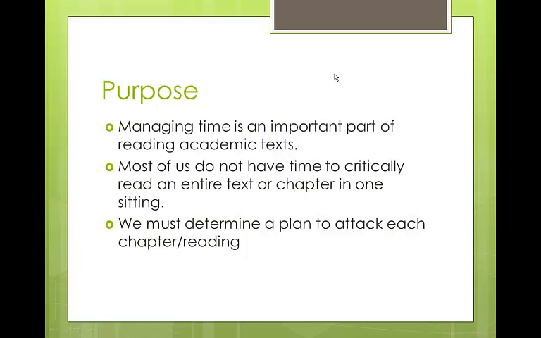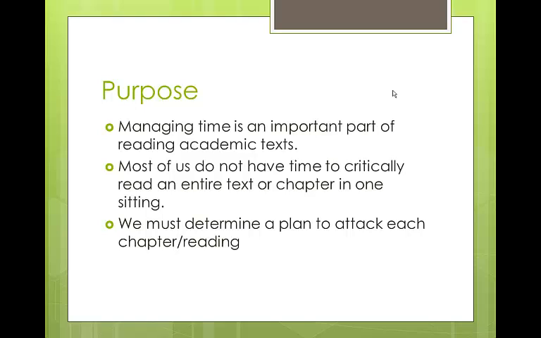Okay? And of course the purpose of our reading plans is going to be to show you how to manage your time, because this is one of the most important things about reading academic texts. Sometimes our texts can be 30, 40 pages long per chapter. Other classes might run 90, 100, even 110 pages per chapter. With this in mind, we have to know that most of us don't have time to just sit down and read 110 pages. We have to set up times and manage our reading skills to where we can comprehend the